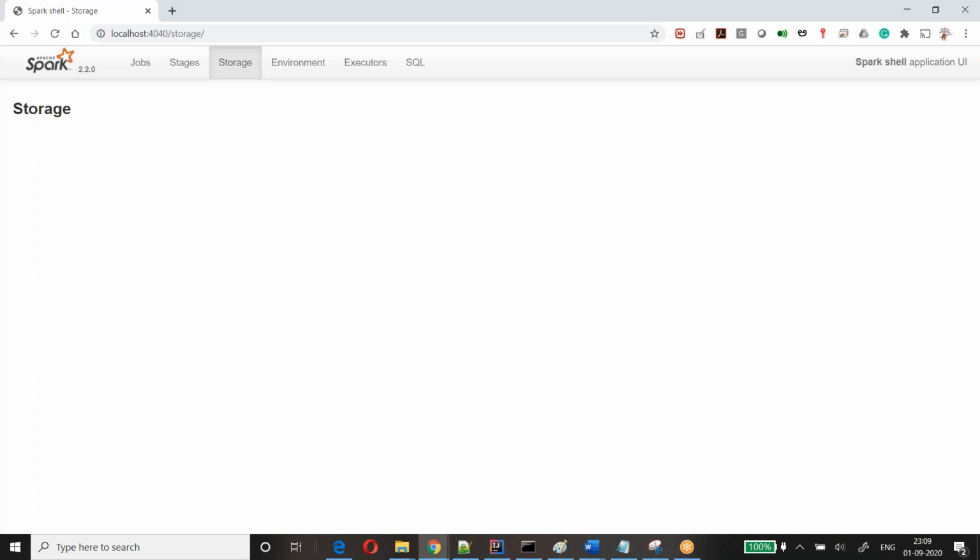If anyone wants, please make a note. I'll discuss it in a separate session. Storage and execution memory are always split 1:1.